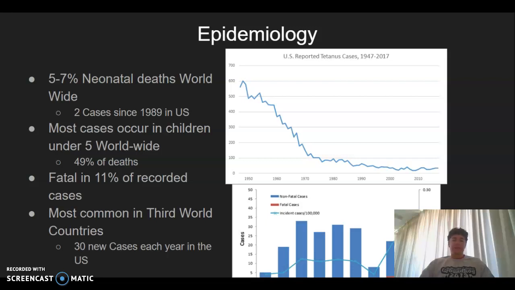As you can see, the decline from 1950 in that top graph. And in the bottom graph, you can see from 2009 to 2015 that most of the people in the United States that die from it are the elderly, because